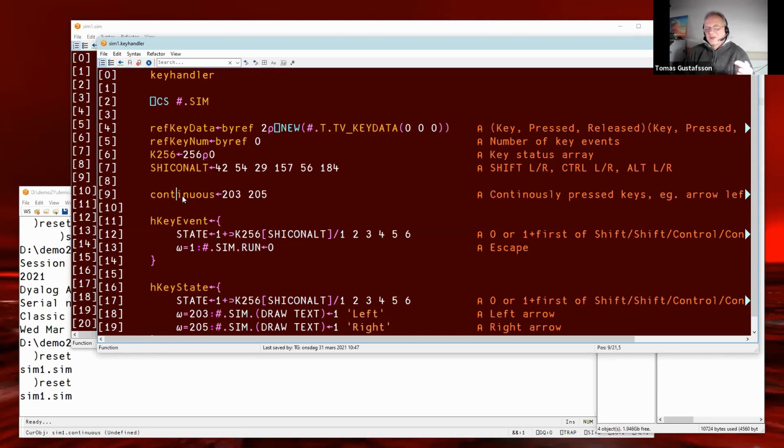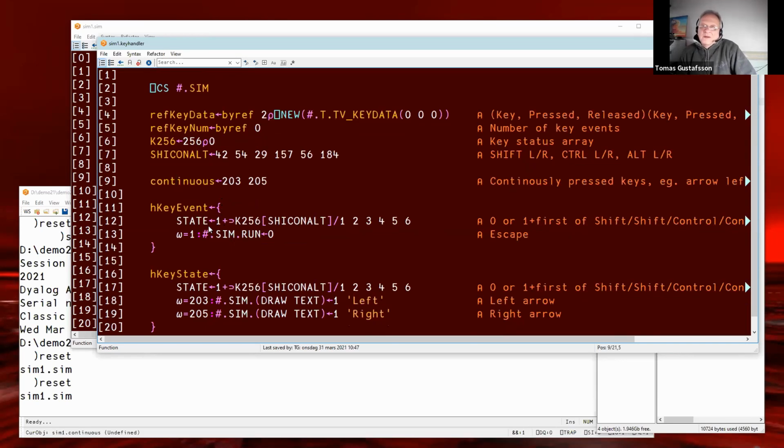For example, if you press enter, but you are a bit too slow with lifting your hand off the key, you don't want to produce two enters anyway. And so we need to control that with code and define which keys are those that maybe have a meaning when they are down a longer time. These two are apparently here arrow left and arrow right.